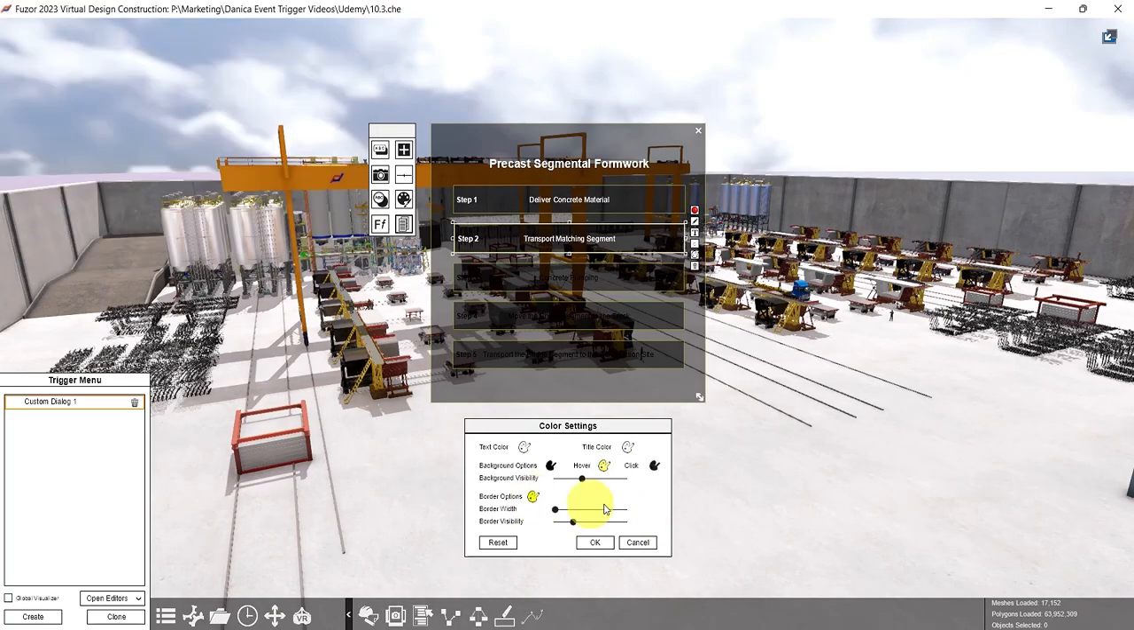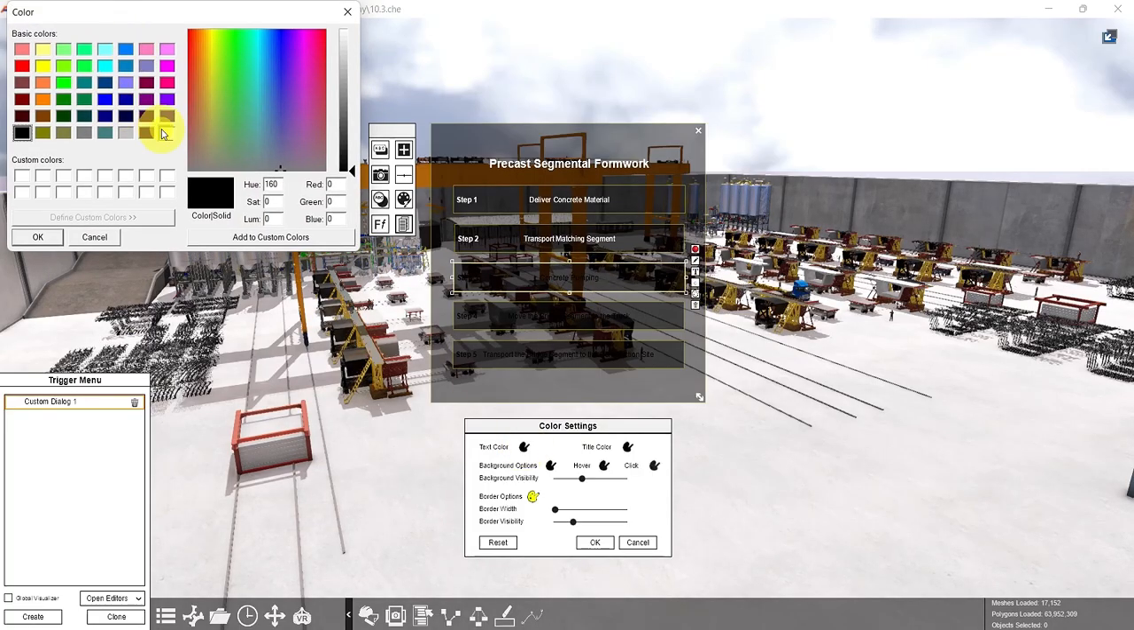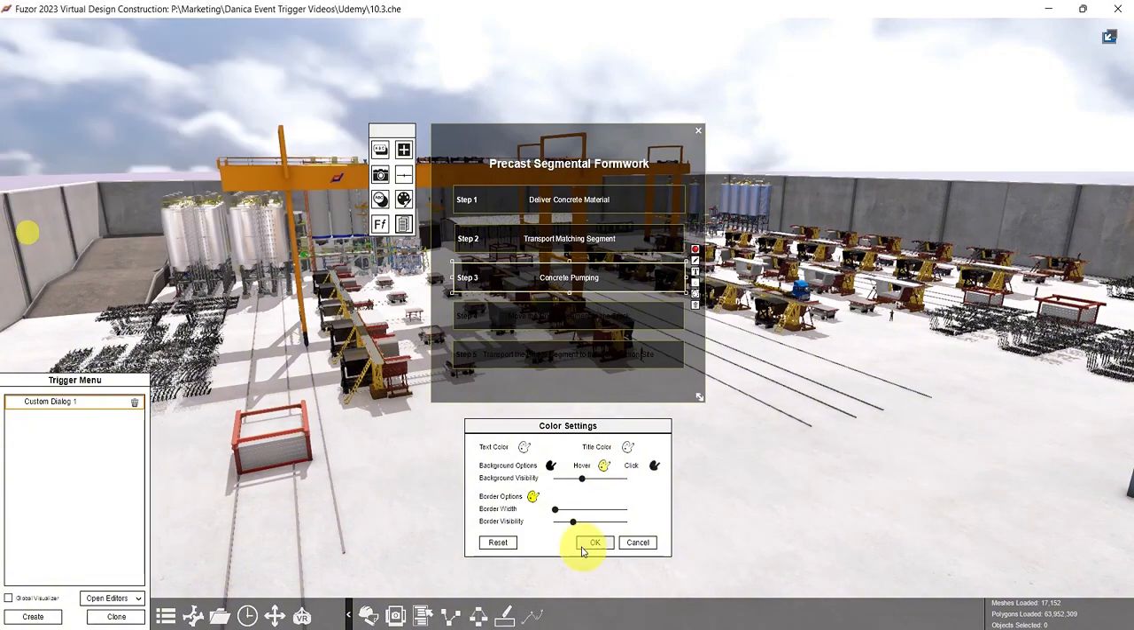You can also change the border, but for our case, we can leave it as it is. Click OK. For step 3, click OK. Step 4,